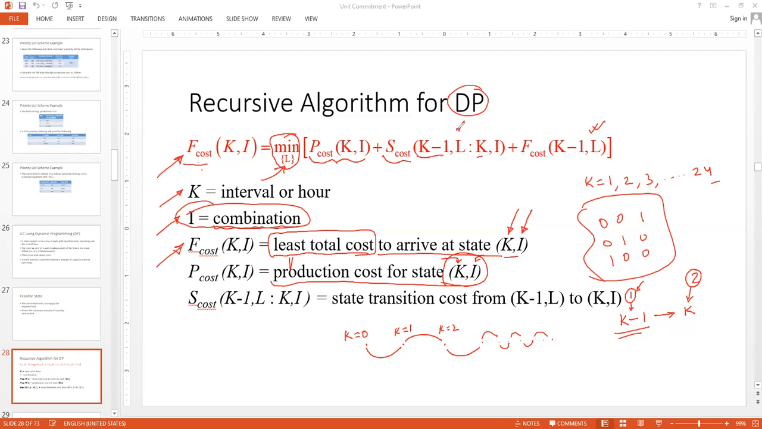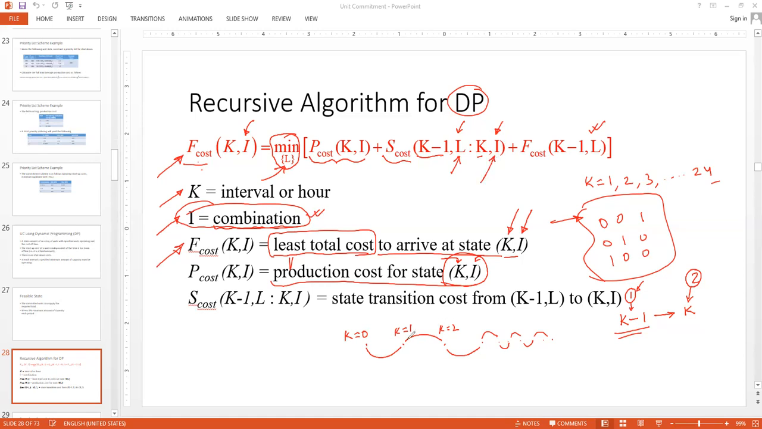What is L and what is I? I, as I said, is one sort of combination, or some sort of state. L is the state in the previous hour. So in the current hour, the combination that we are choosing finally is denoted by I, and the previously chosen combination we will denote by L. So in the current state we call it I,